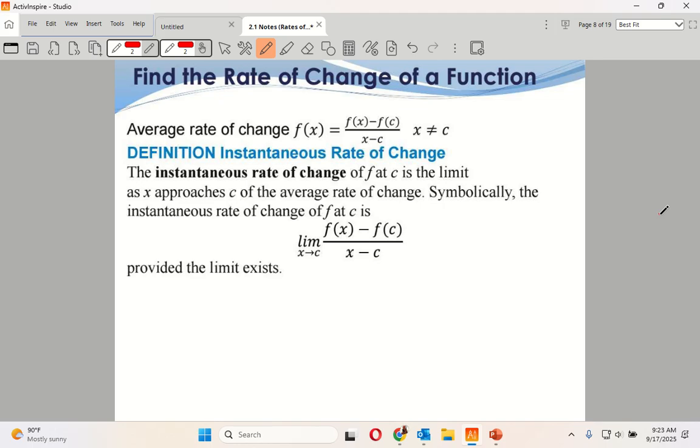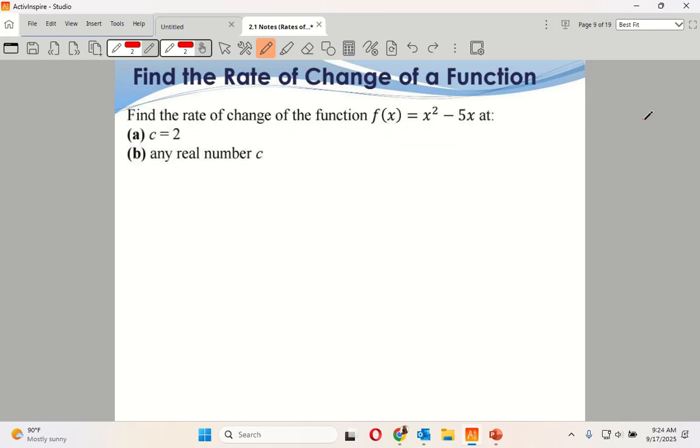So this is using a limit process, and it's the same thing that we did with that x plus h. Remember how I wrote it out as f of x plus h, and we're taking as h approaches 0? Similar thing here. Find the rate of change of the function here at this number and any real number. My thing said f of x minus f of c over